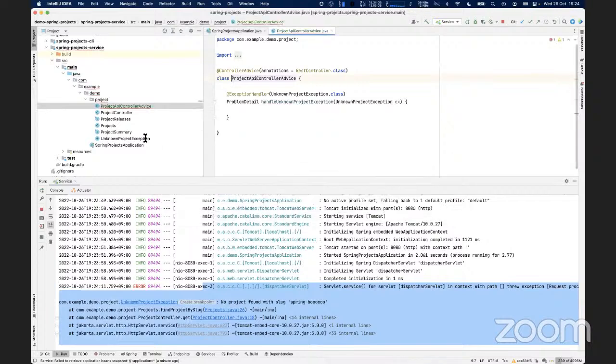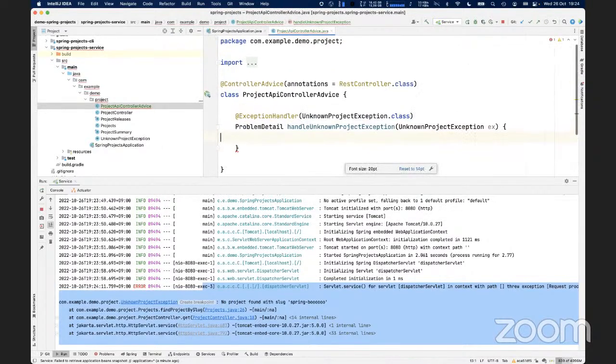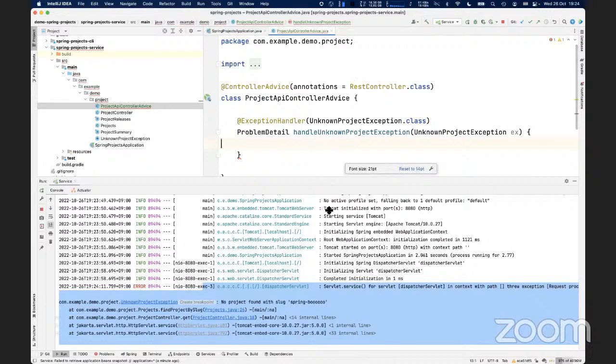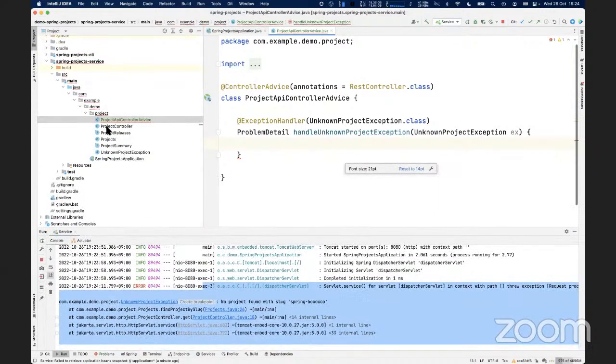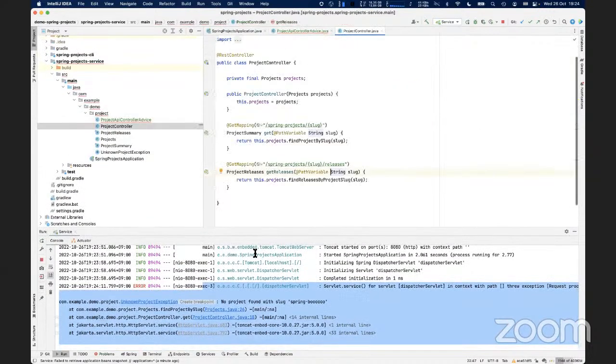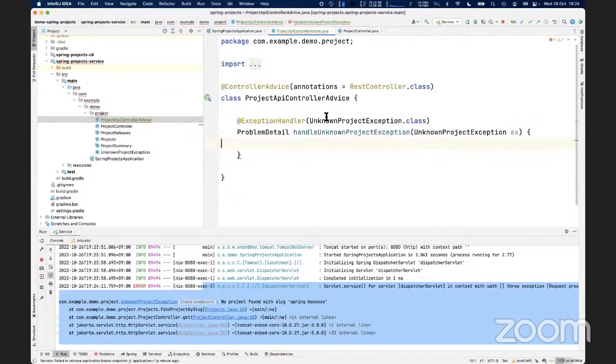One way is to create a controller advice. You don't have to do this, right? You could move that method directly in the controller. So if you put it in the controller, essentially that means that any exception in that controller of that type will invoke the method. In this case, it's saying any REST controller, if there is an unknown project exception, then